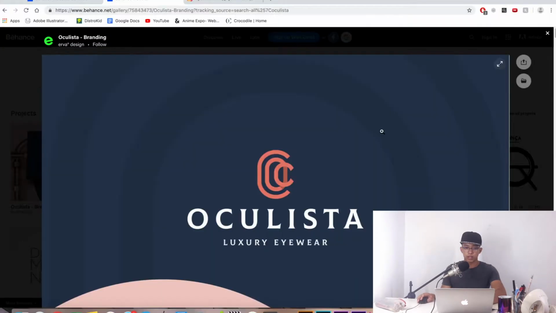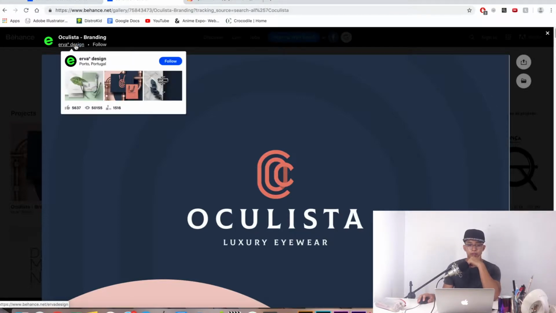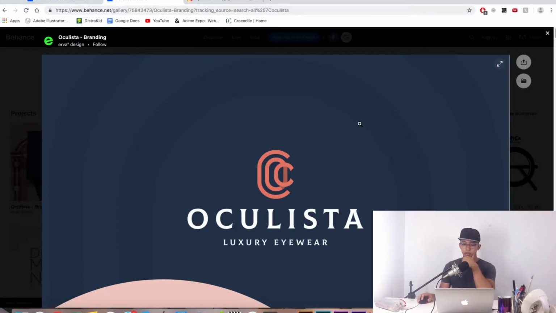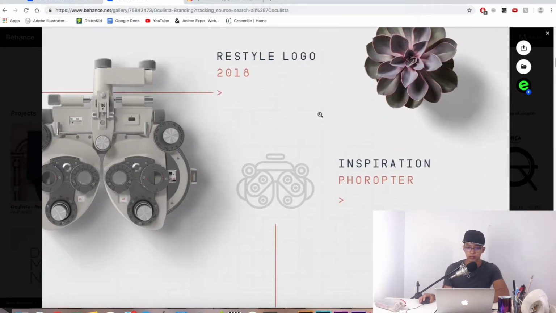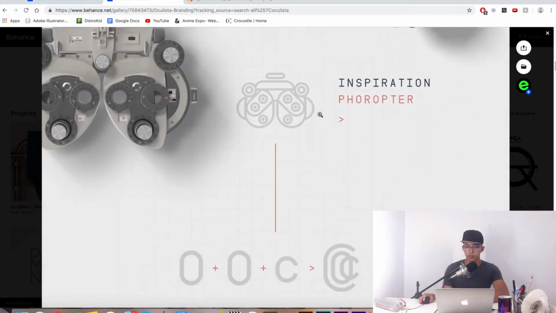Pretty cool. The next example I want to show you of secondary graphics is Oculista luxury eyewear. It's made by Erva Design in Portugal. Reddish pinkish logo, and behind you can already see the secondary graphics is heavily inspired by the logo itself. And when I scroll down, okay, that's the old logo restyle. So it's inspired by the